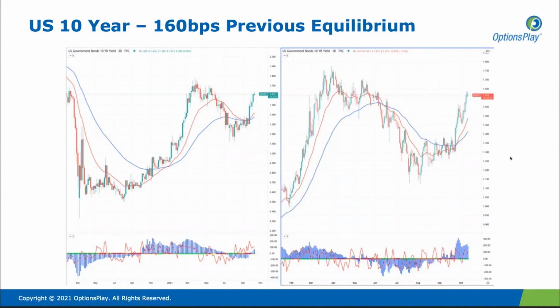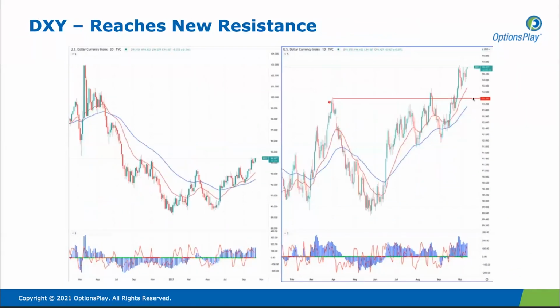So our expectation is that markets are not going to sell off at these yields. The yields would have to move above 175 basis points for markets to get a little bit more jittery and see some more pullbacks in the equity markets. So those are some of the more encouraging signs that we see for equities. We do see the dollar continuing to break out higher.